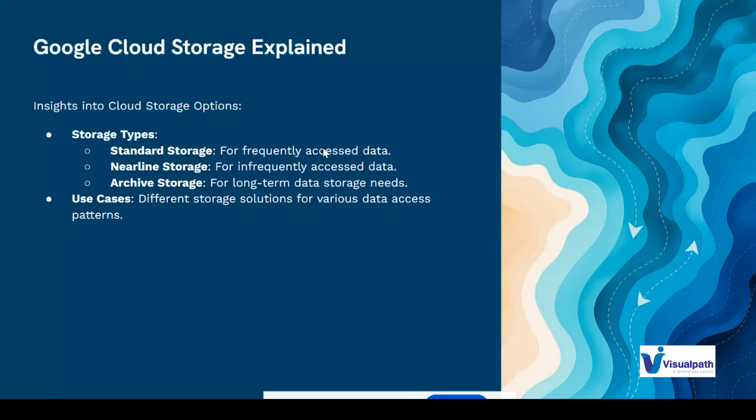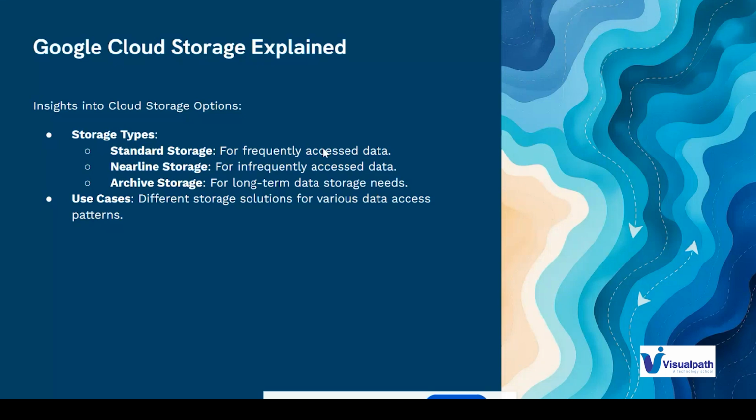Google Cloud Storage is something we can call a platform as a service. This service is provided by GCP, and we don't need to worry about the infrastructure part. If you want to upload any images or videos, or if you have some static code, we can directly deploy it in this service. Here we have three types of storage classes: Standard, Nearline and Archive.